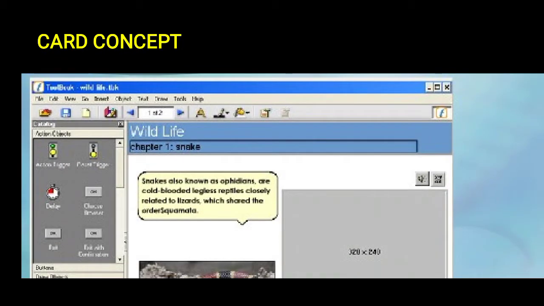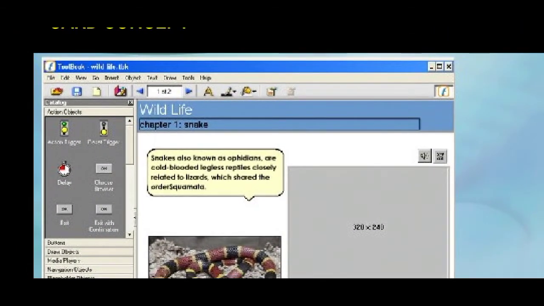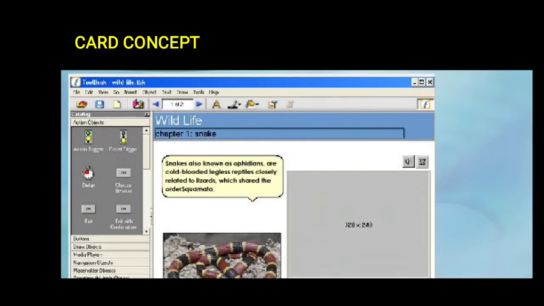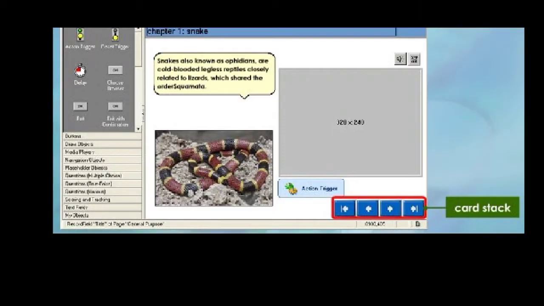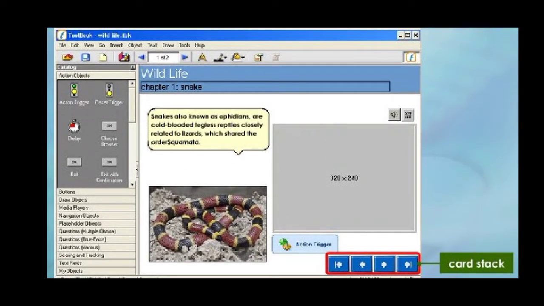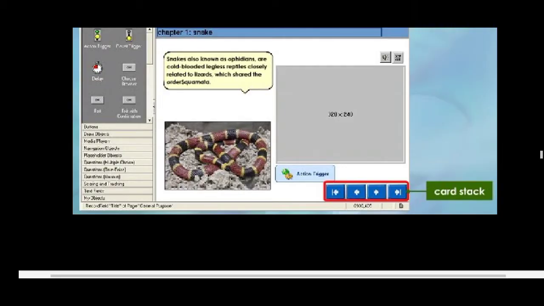The card concept: these are all the types of concepts used in the multimedia. Here, in the card concept, the picture is displayed and you can modify or add using the card.